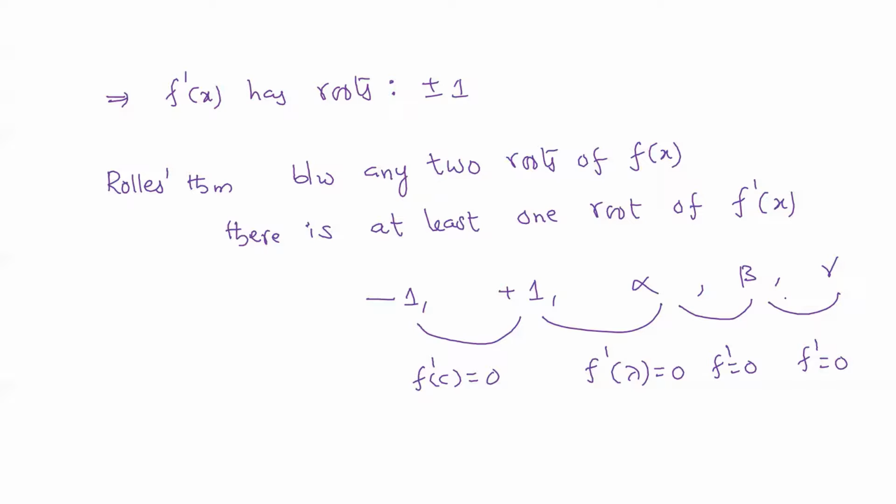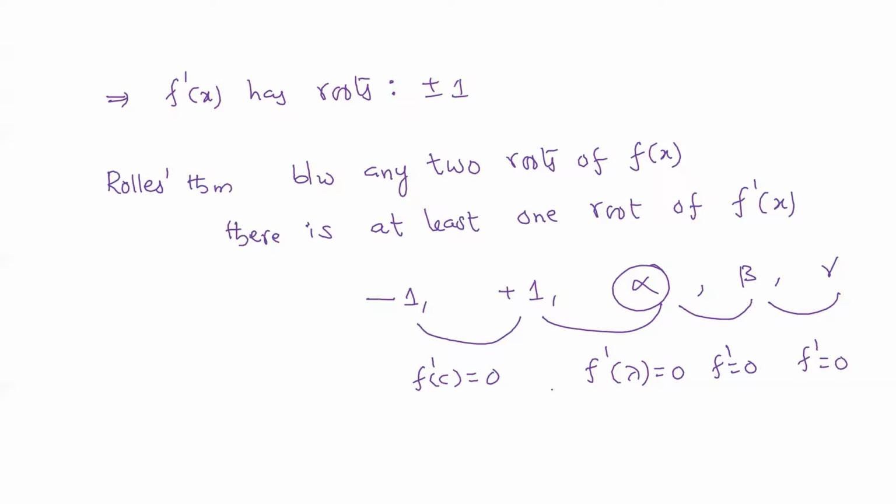Okay, so then the next possibility is that the cubic equation will have at least one real root, that we know because it's an odd degree polynomial. So that odd degree polynomial will have at least one root. So that means at least alpha, if I take, in that case also we will be getting 1, 2, and total 4 roots minimum for f dash of x.